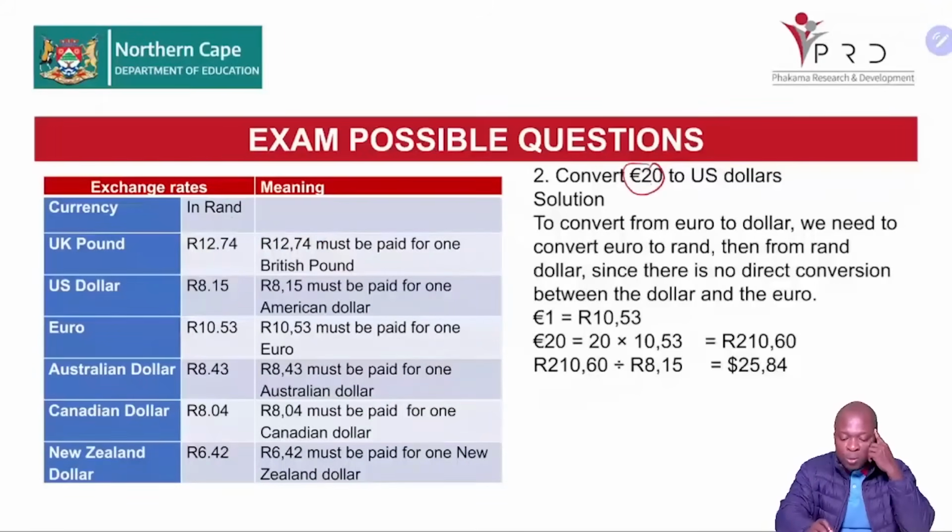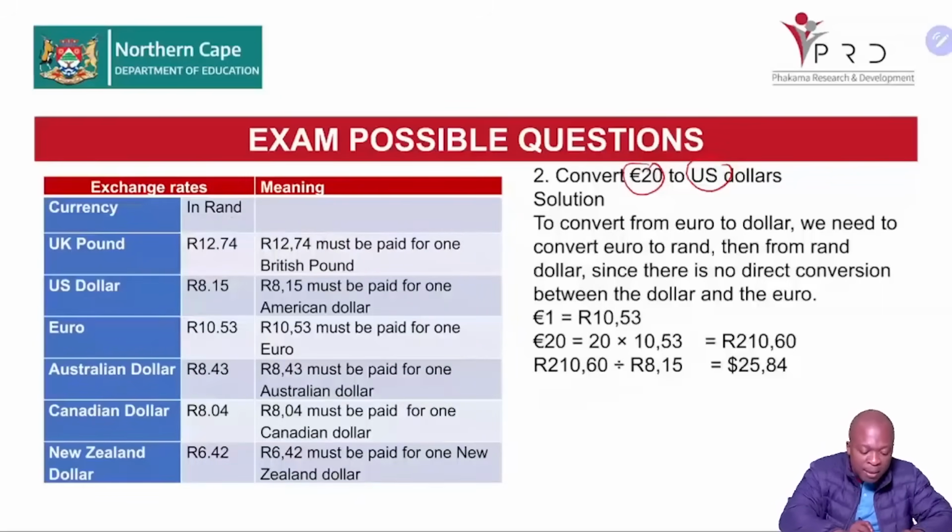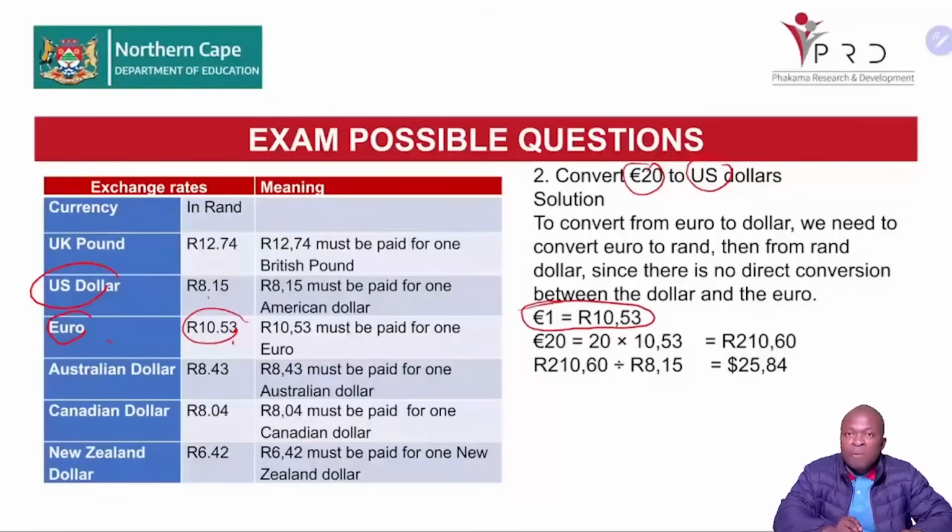Convert 20 euros to US dollars. But there is no direct conversion from euros to US dollars. So what you do in such a case, you first convert it from euros to rand. Then you convert it from rand to dollar. So the first one, 1 euro we know is equal to 10 rand 53. Am I correct? So our 20 euro, we are going to divide the 20 by 1. We times it by 10 rand 53, meaning that if we bring it to rand, it is equal to 210